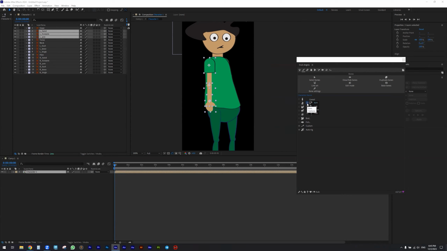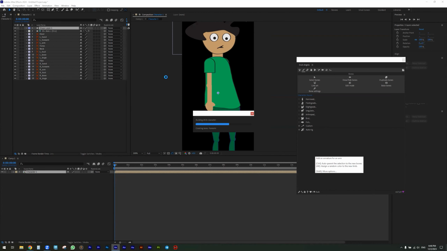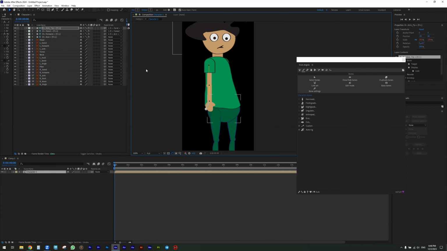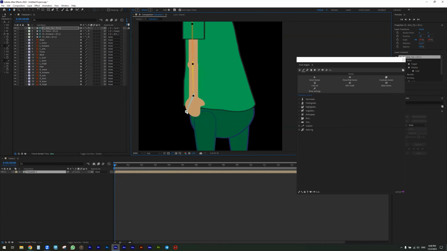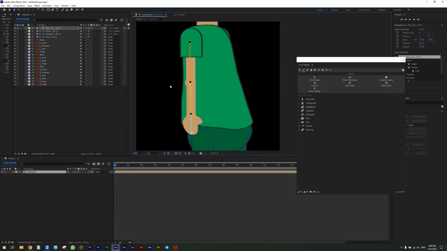Next to arm, we have arm option. I need to check. This will be the left hand and this hand in the front. This true. And for this character, I don't need to enable the shoulder because I don't have a shoulder. So everything okay. Now I can set on the arm. I need to fix the hand. And then I need to start connecting them